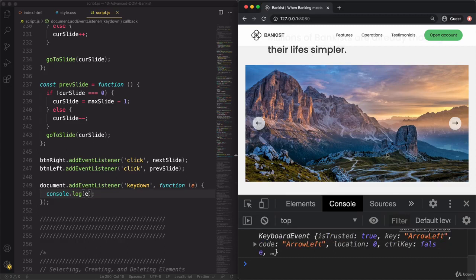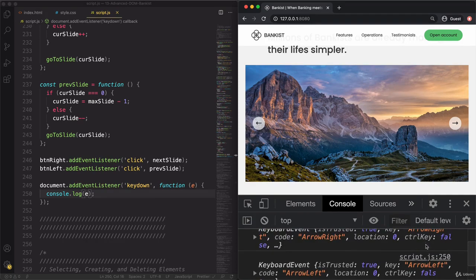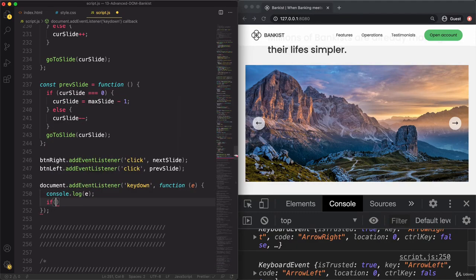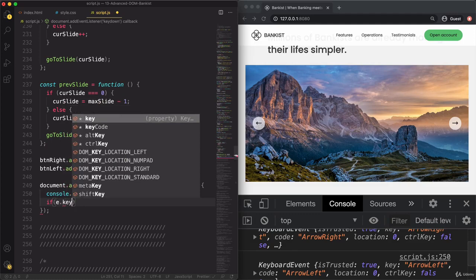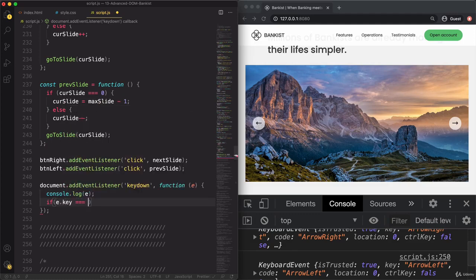And then the other way around, it is of course ArrowLeft. And so I'm going to use that key, ArrowLeft and ArrowRight. So that's very simple. If e.key equals ArrowLeft, then what we want to do is to call the previous